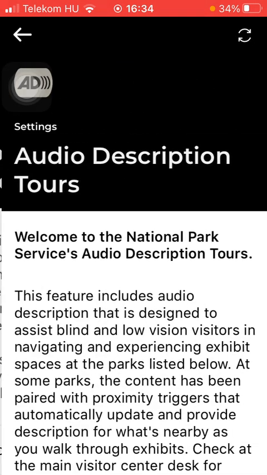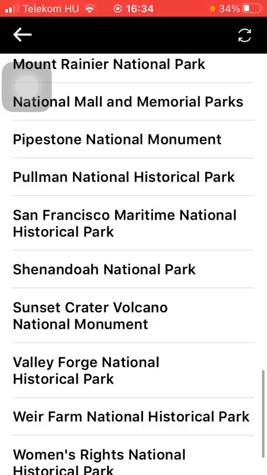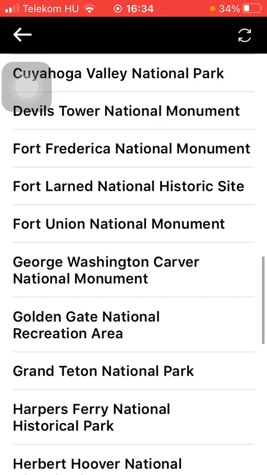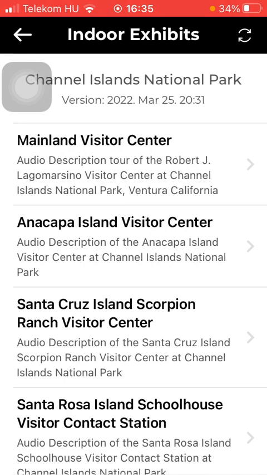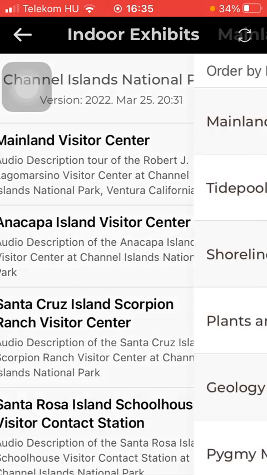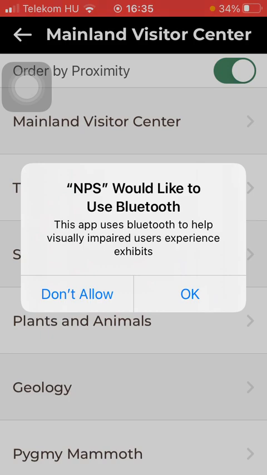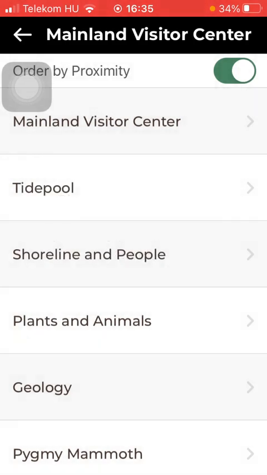So click on this button down below. As you scroll down you can find all of the parks. Click on the relevant one that you want to check out, and here you can find a bunch of options, indoor exhibits. Tap on OK to allow the app to connect to your Bluetooth, and